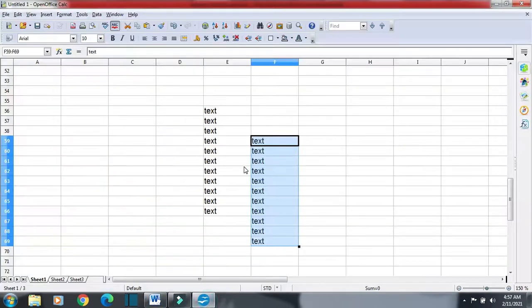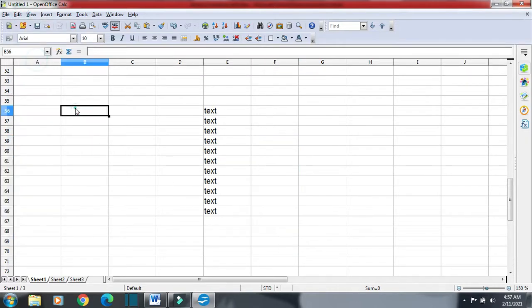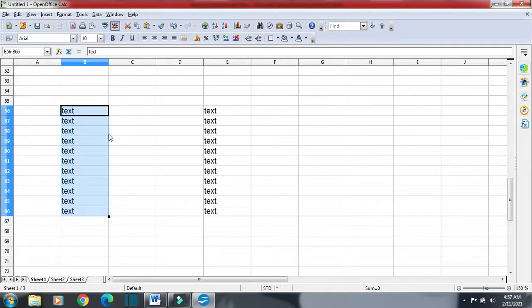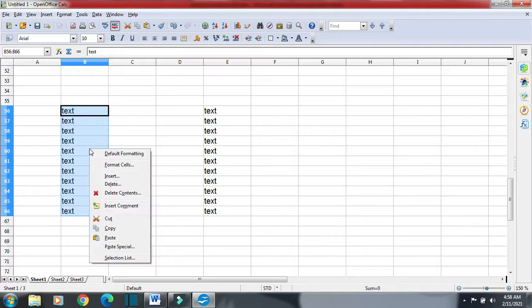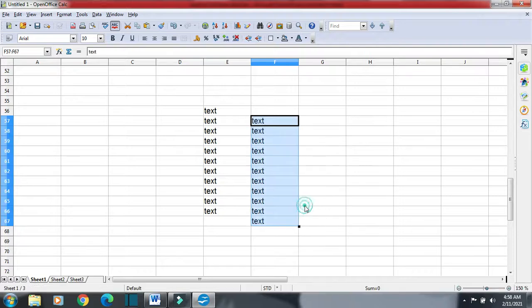Next option, how we can cut data. Select the data, click on edit and then cut from here. Suppose I want to paste it here, click on edit and then click on paste, it will get pasted. One more option we have is right click and then click on cut from here, and then click here, right click and select paste.